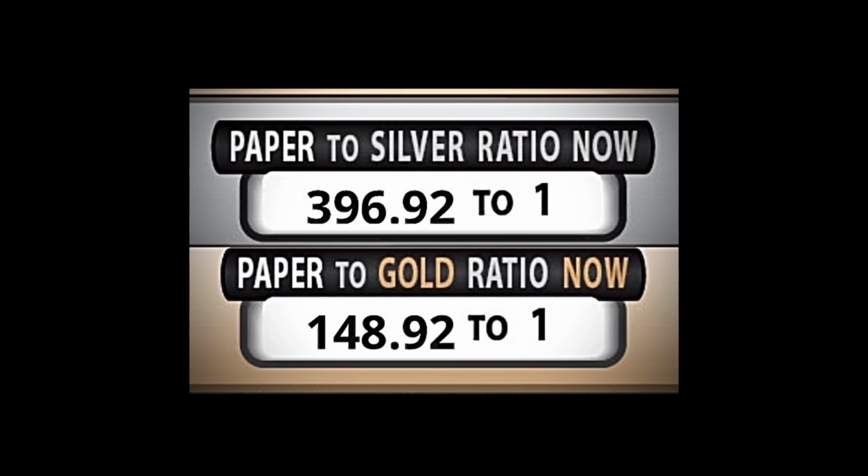Paper to silver ratio. This is the most mind-blowing part. For every ounce of silver, people have 396 contracts. So if 396 people decide to take delivery on their silver, there is 1 ounce that they all have to split, basically. There are millions upon millions of paper contracts being traded, and some people hold them,